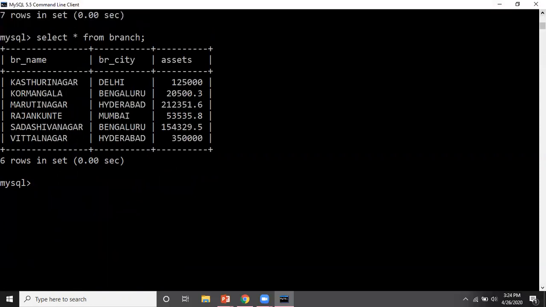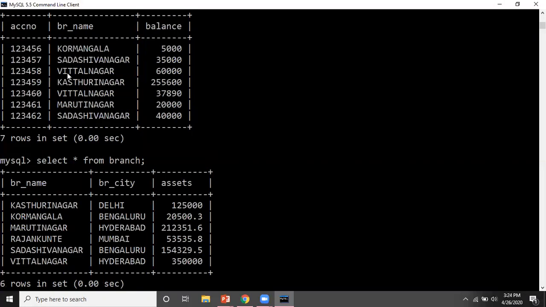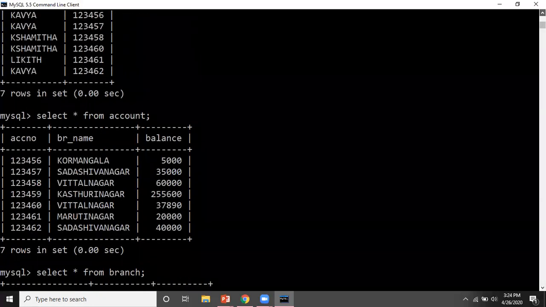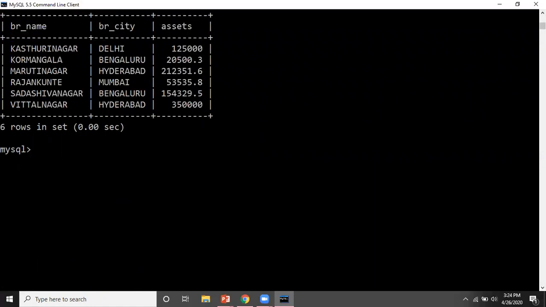And another, for Kavya, Sadashiv Nagar branch also she is having the account, and Sadashiv Nagar is also in Bangalore. In fact, 123462, so basically in Sadashiv Nagar she is having two accounts, and in Koramangala she is having one account.